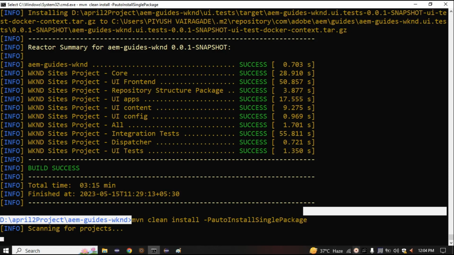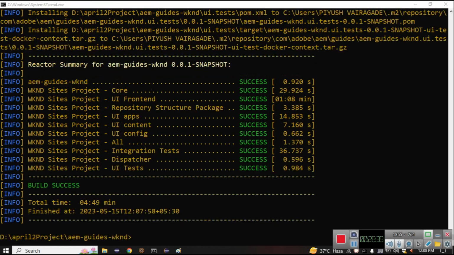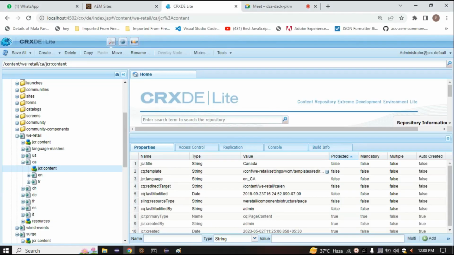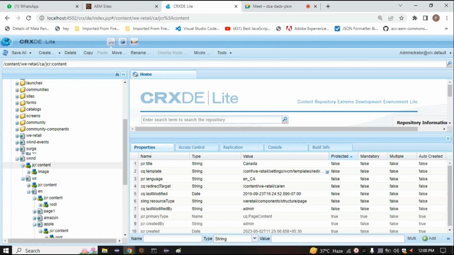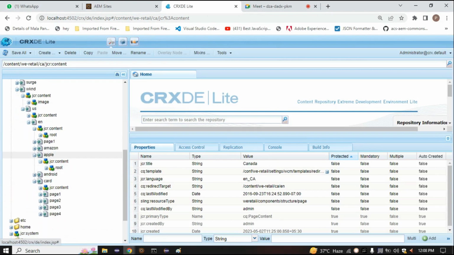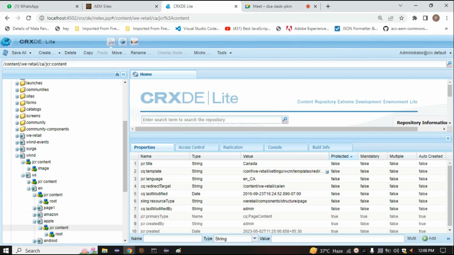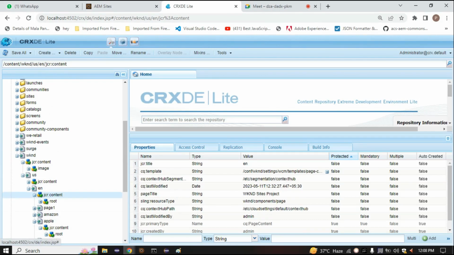So till now I'm just stopping the recording. Okay, so it has installed successfully, it has deployed successfully. So we have to go and send the request. So just come here. Now I'm just going in my search, in weekend, which I have used there. Okay, so I'm sending the request by using this path. So just copy, come here,